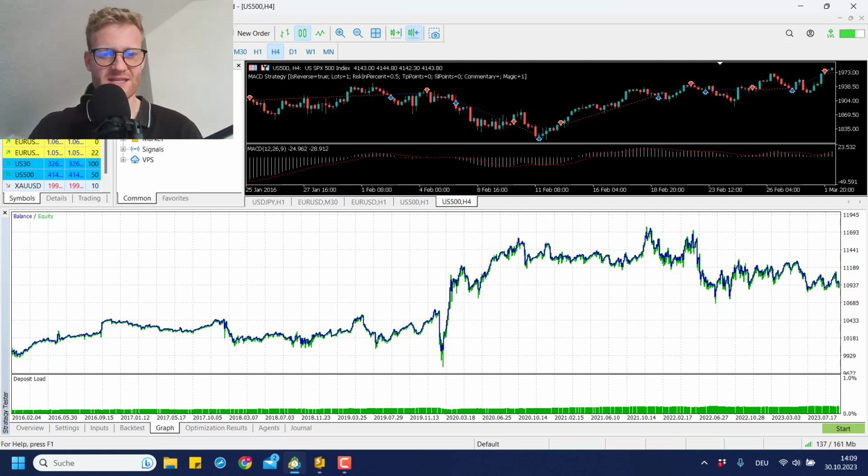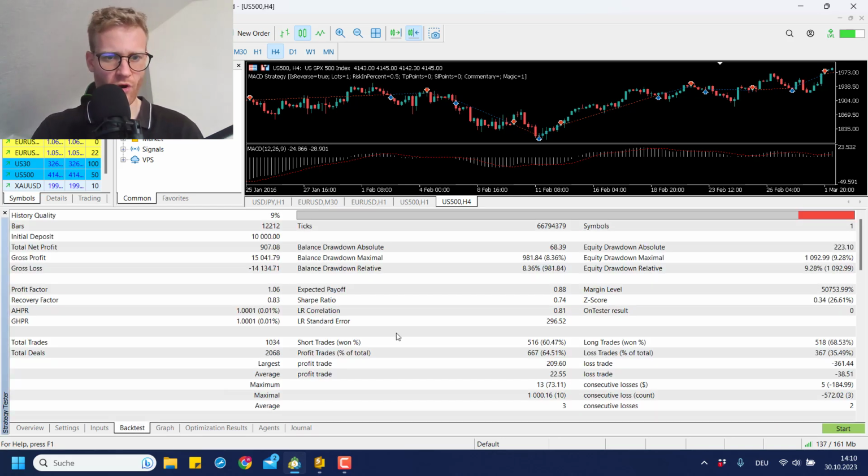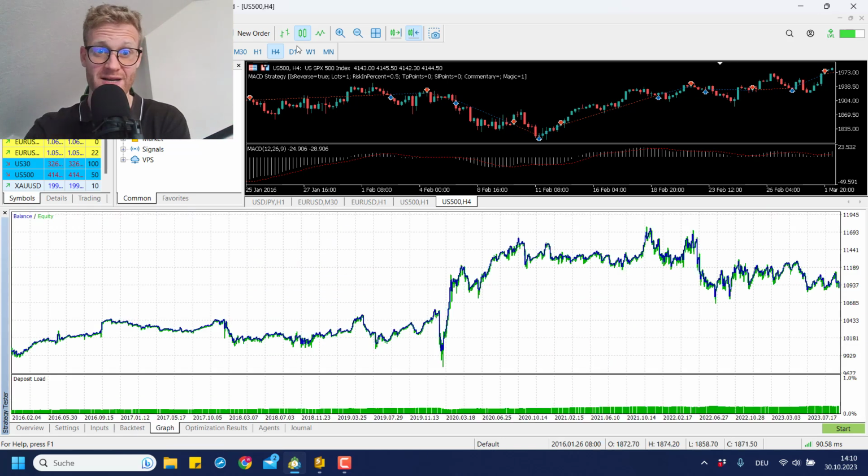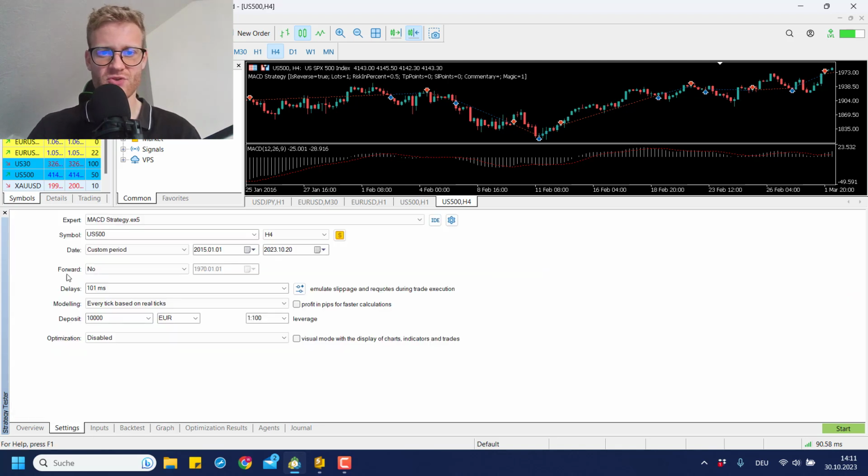So yeah, what we can see here is, let's also have a look at the details here. 1,000 trades for this period overall, profit factor 1.06. So yeah, it's not like the best, but it's not like the worst. And yeah, it's actually interesting that the reversed version of this MACD strategy works better in the S&P 500 than the default version. But yeah, so this is the overall performance of the reversed MACD strategy traded in the S&P 500 H4 chart starting in 2015 up to October